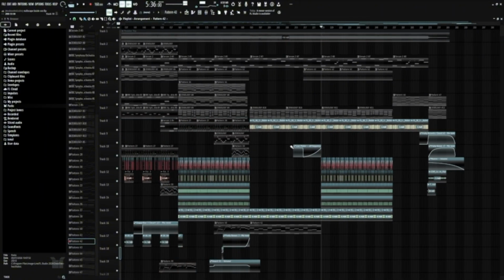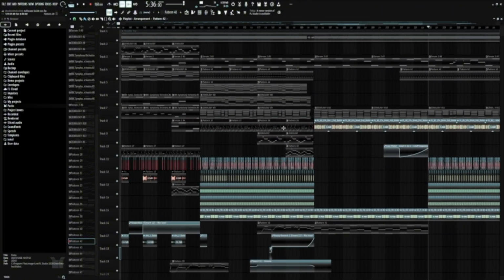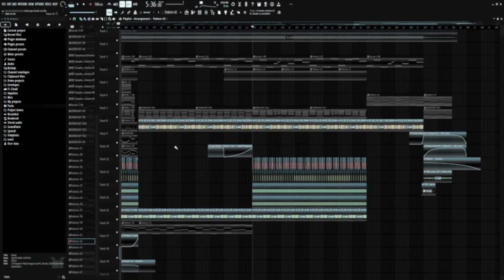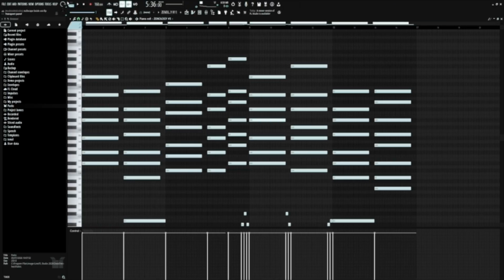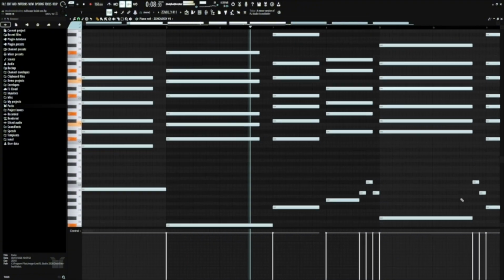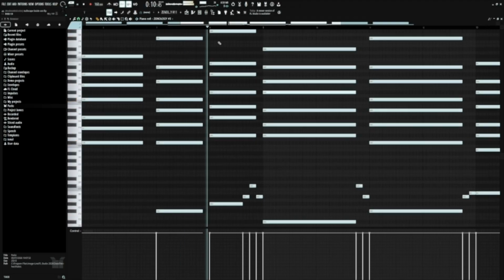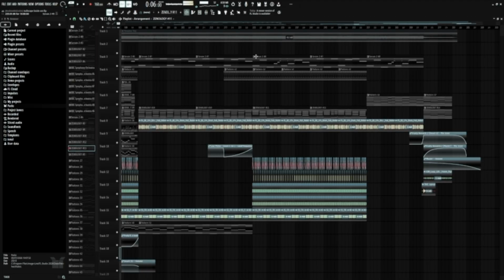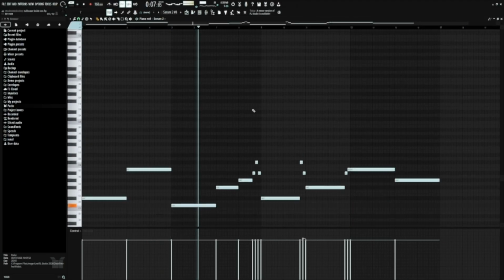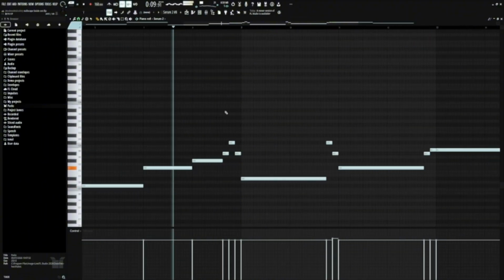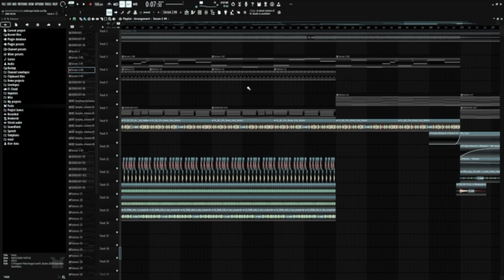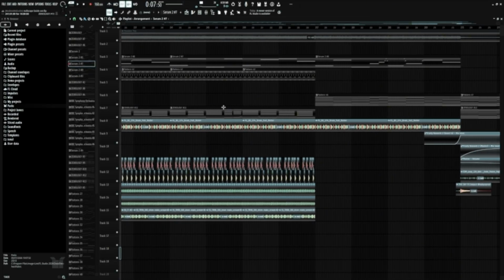This part is not as full as this part, obviously it has fewer elements in it. You've got the chords, and there's this little bass line change as well. It sounds like this normally. I think that sounded pretty cool in the original, so I added that.